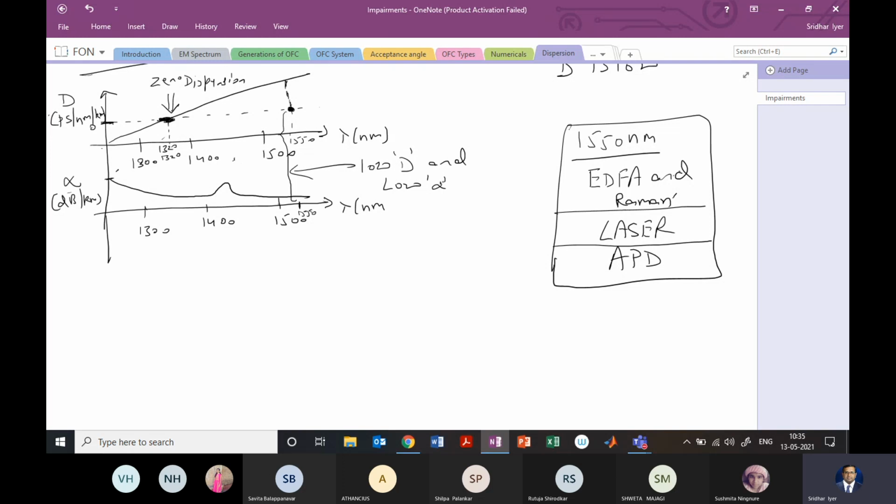However, it is possible to modify the waveguide dispersion, and this can be done by changing from a simple step index core profile to little complicated profiles, right? So we have already seen the step index and the graded index profiles before. By making certain changes to that kind of refractive index profile, we can get some other kinds of fibers which will help us in moving this zero dispersion from 1320 nanometer or 1330 nanometer towards 1550 nanometers, right?